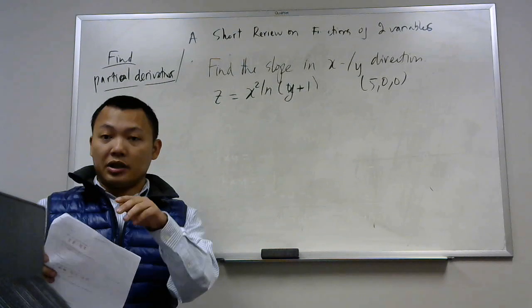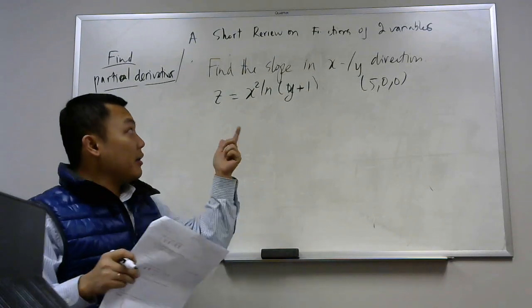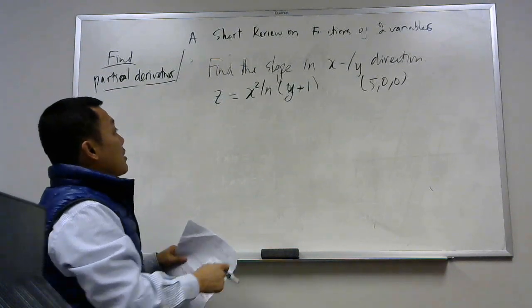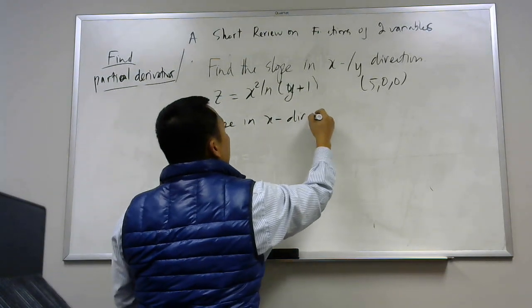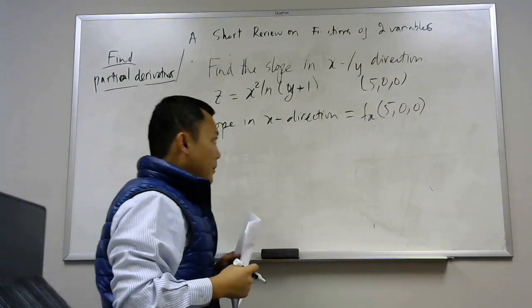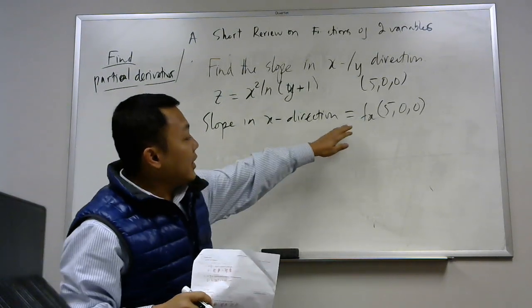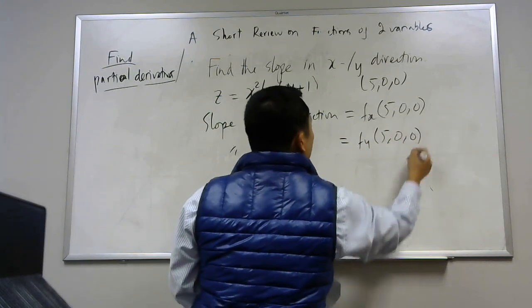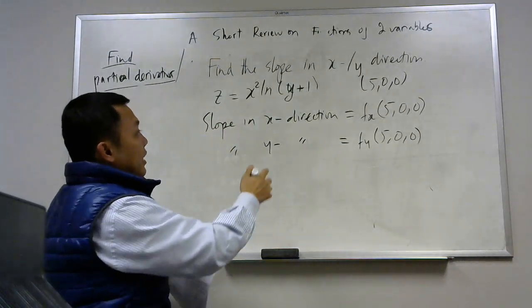The slope in x direction is the value of the partial derivative with respect to x, and the slope in y direction is the partial derivative of the function with respect to y, right? So basically, the slope in x direction is equal to fx at this point. Similarly, you can find the slope in y direction, right? That is just fy at 5, 0, 0. So basically, you need to find partial derivatives of this function, and then you plug 5, 0, 0